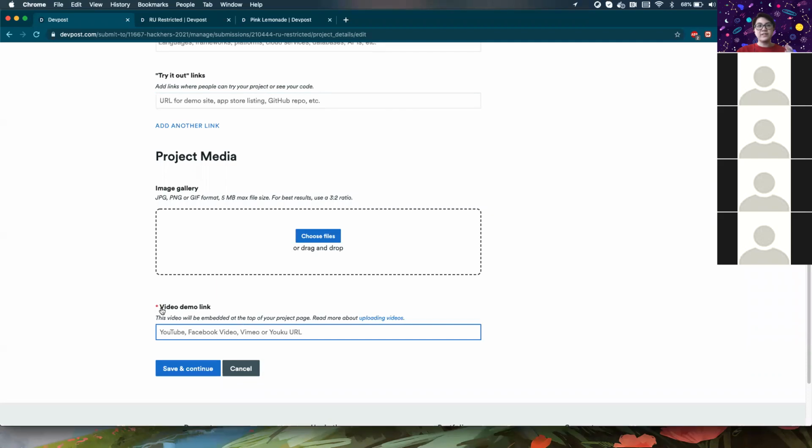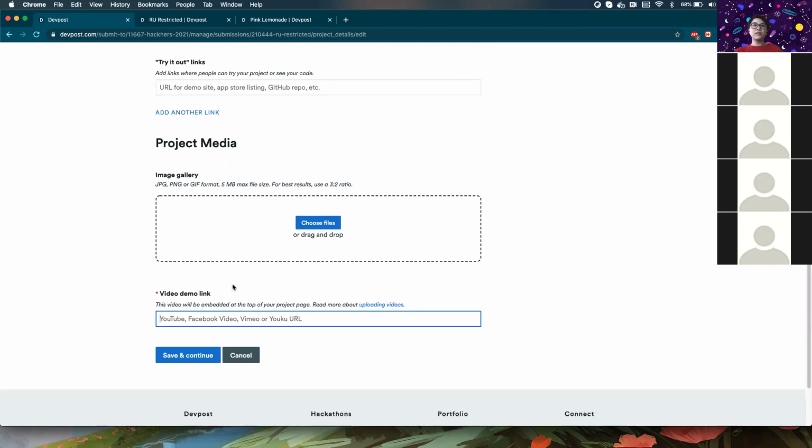And then finally, the video demo link. There are various ways to upload videos. So if you have accounts with any of these platforms, you could just paste them there. Also, Google Drive is an option. Just make sure you have the sharing preferences set to everyone with the link. And